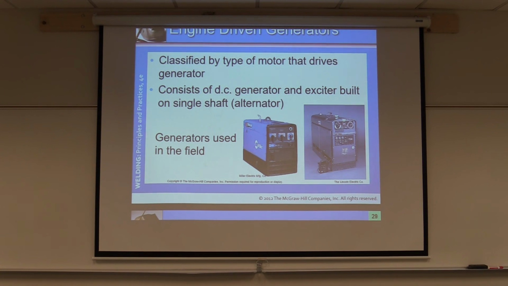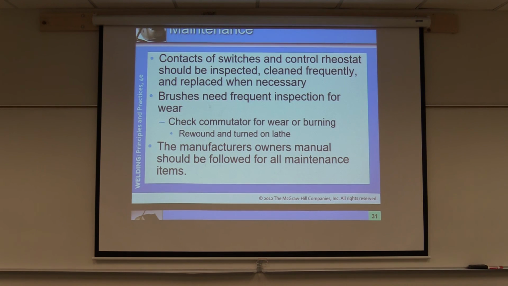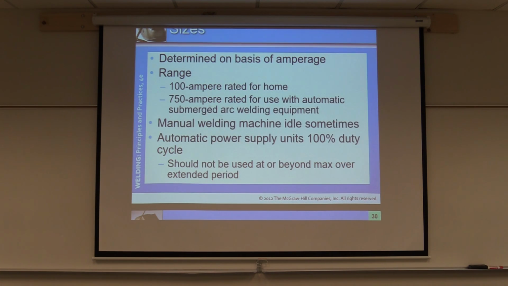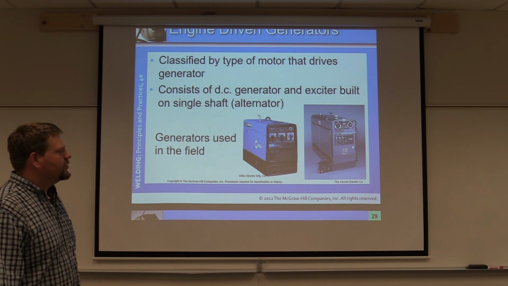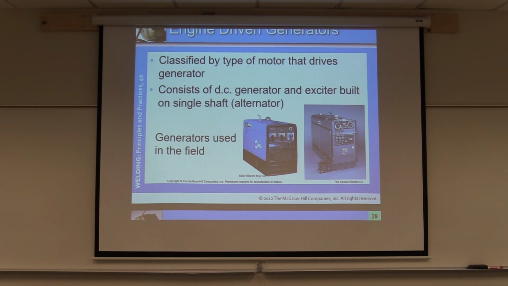All right, go back to it. It consists of a DC generator and an exciter built on a single shaft, or the alternator. Generators are used in the field. I want you to get a chance and look up and see how an armature works. If you get a chance, look up a diagram of a welding armature. Okay, it'll give you something to